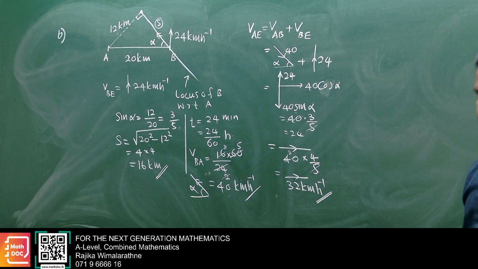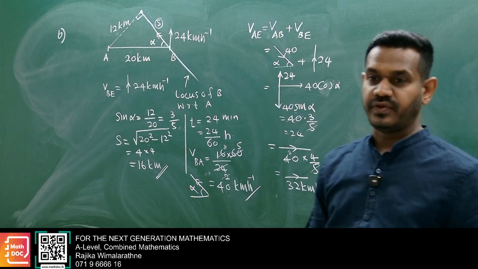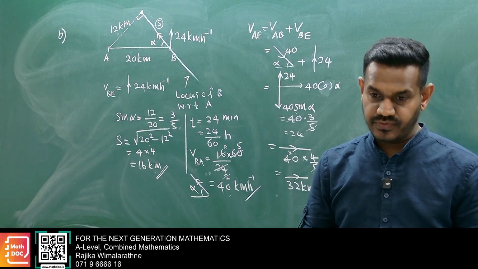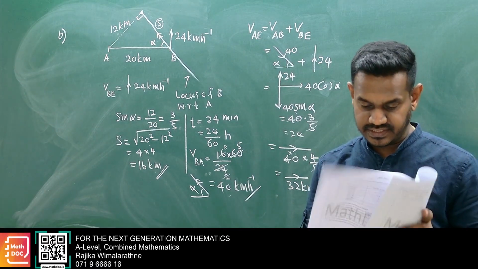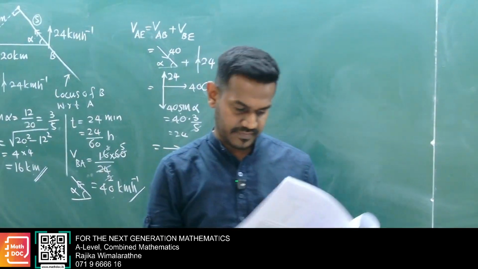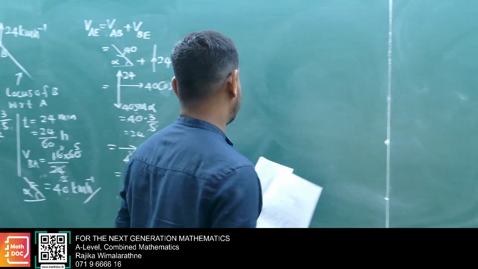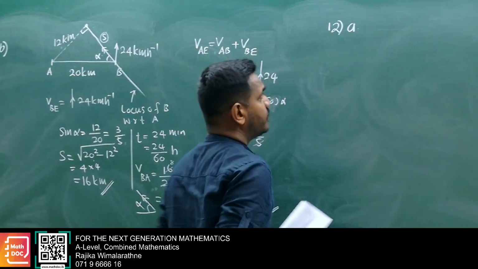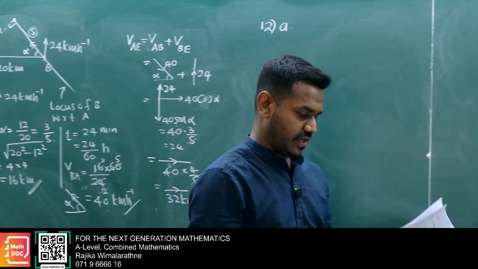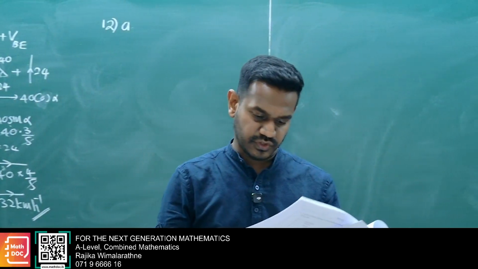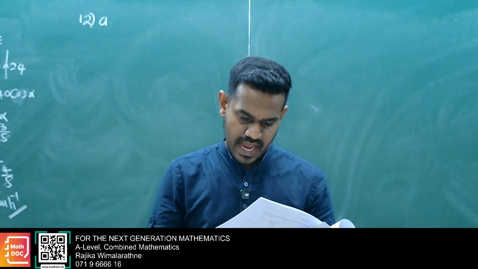Okay. Now let's move to question number 12: relative acceleration, system of wedges question and circular motion question. Okay, let's move to that. Question number 12, part A. A wedge of mass 3m is free to move on a smooth horizontal floor, and a particle of mass